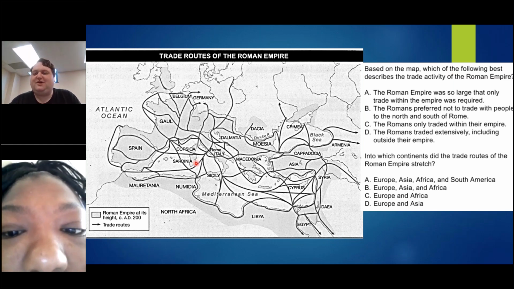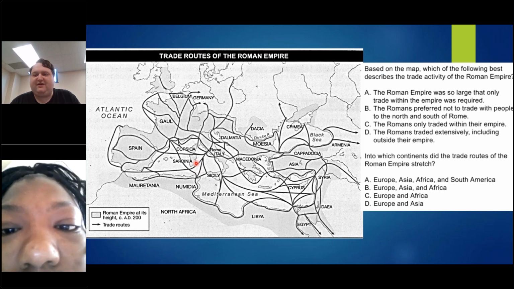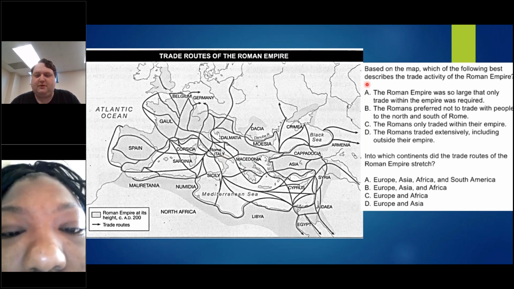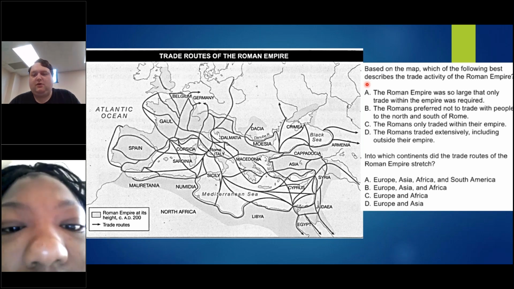So based on the map, which of the following best describes trade activity of the Roman Empire? Is it A, the Roman Empire was so large that only trade within the empire was required? B, the Romans preferred not to trade with people to the north and south of Rome? C, Romans only traded within their empire? Or D, Romans traded extensively, including outside their empire? So what I want to do is go through all four of these and ask myself, is each one true